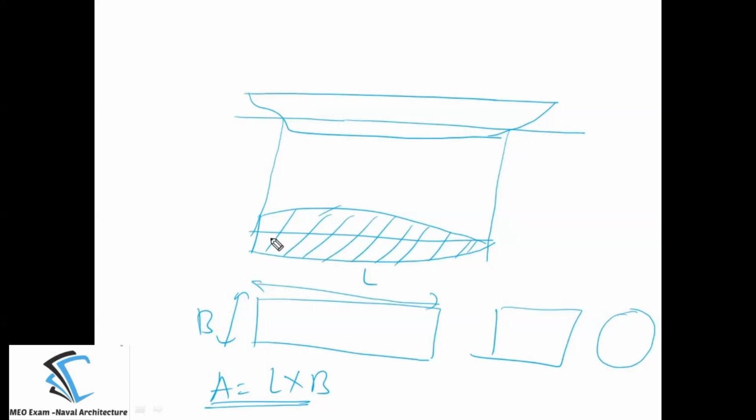But that is a regular shape body, and the water plane area is not a regular body; it is an irregular shaped object. You cannot find it by using just a small formula. But nowadays we have software. In that software, if you just press over this area, you will get the answer directly, the area of that water plane.